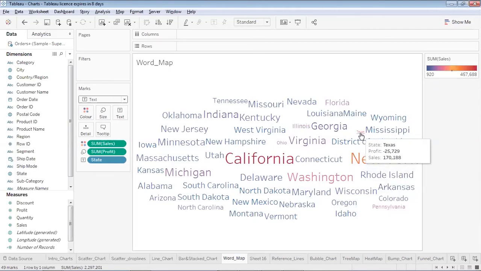So over here, this word map shows me the names of all the states, and based on their size we can decide what was the profit generated by them. Based on their color we decide what was the sales generated by them. The states which have the largest size are the ones which gave me highest profit: California, Washington, New York. And the states with minimum size are the ones which gave me minimum profit, like Texas, Ohio.